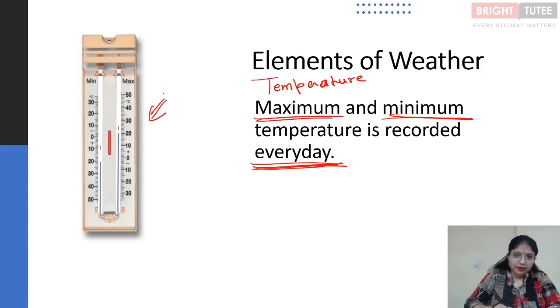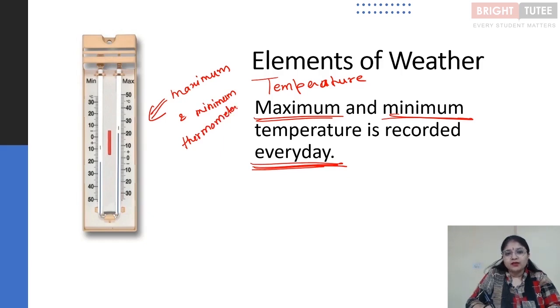So this is the thermometer that we are talking about. It is the maximum and minimum thermometer, right? So this is used to measure the maximum and minimum temperature of a particular day, and it is measured every day and a record is kept. Why the record is kept, we are going to talk about it in this session,